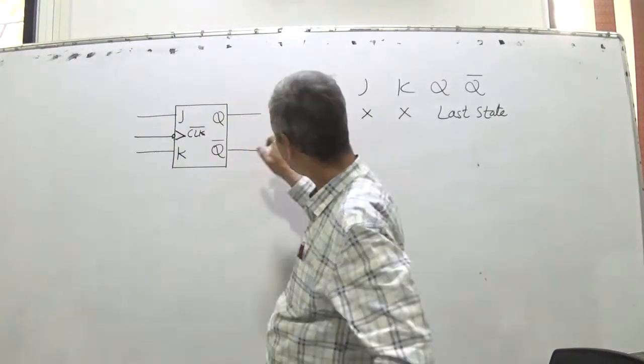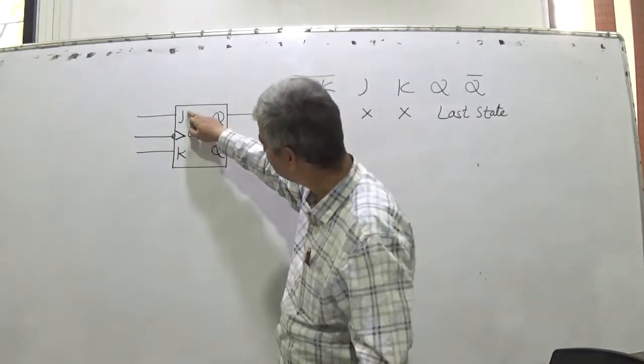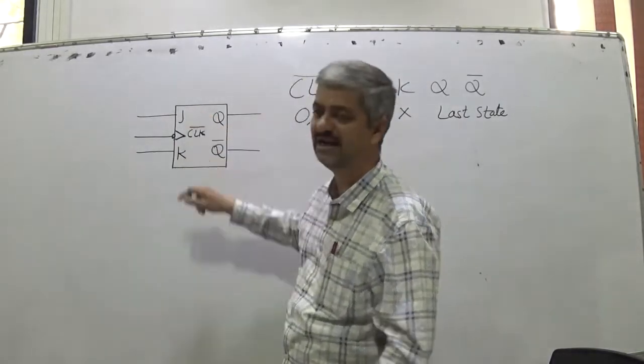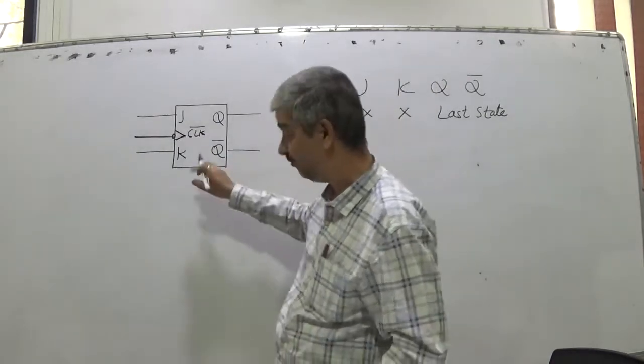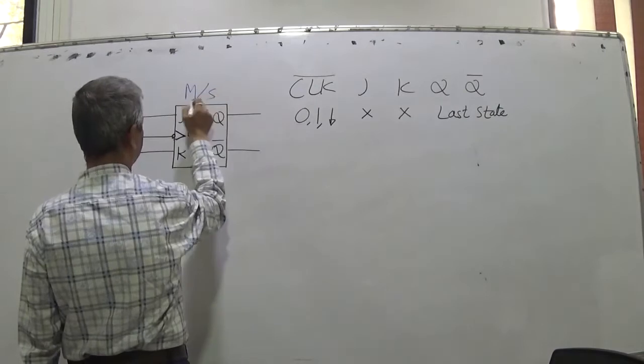Similarly, this clock input pin, and the inputs J and K of this, of course this is a master slave JK flip-flop,